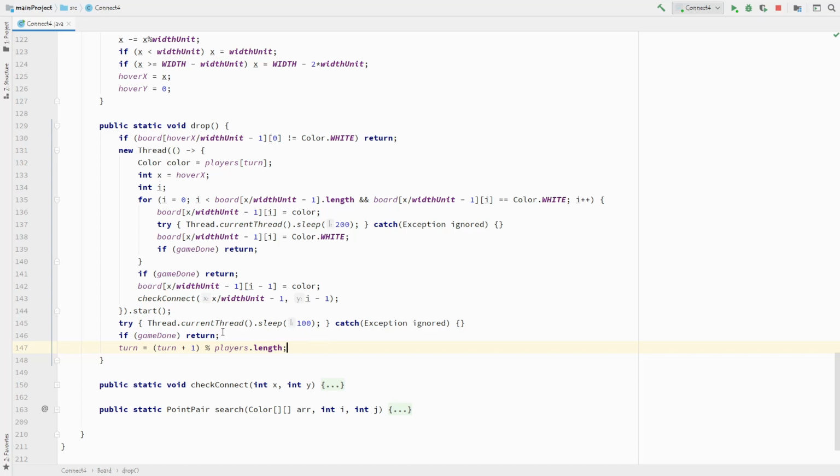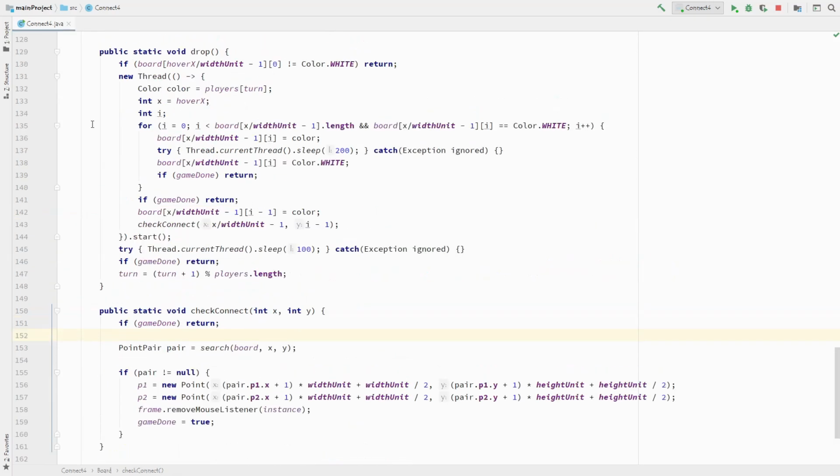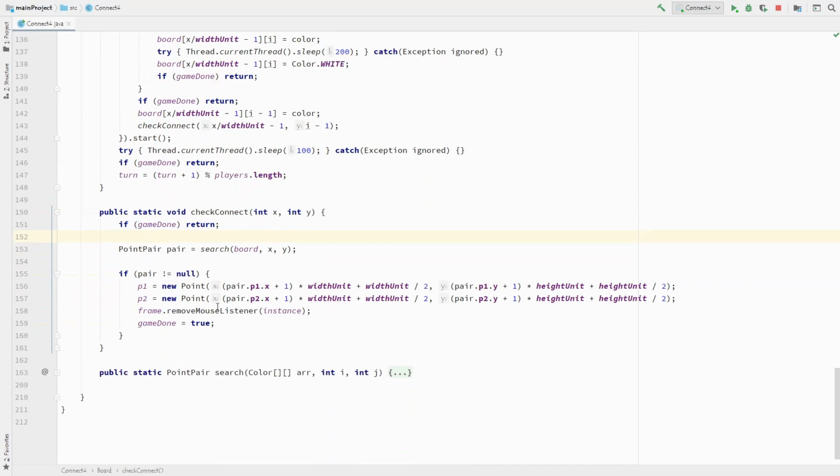We have to check if the game is done every so often in the method, like over here, here, and here, because if the game is done from another piece that is dropping before, and 4 pieces are connected, we want to stop the animation and stop the current piece from falling, so that no confusion happens around whose piece dropped first. Next is the check connect method, which is called from up in the drop method, and this checks